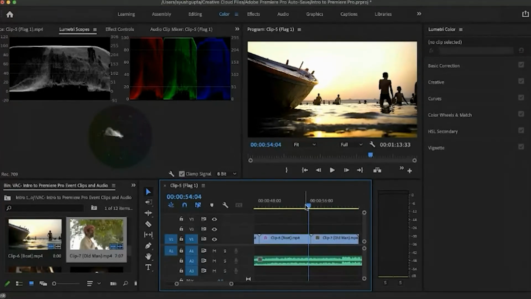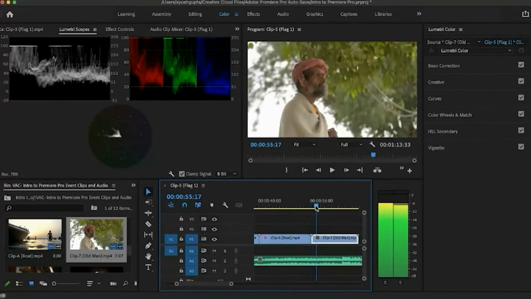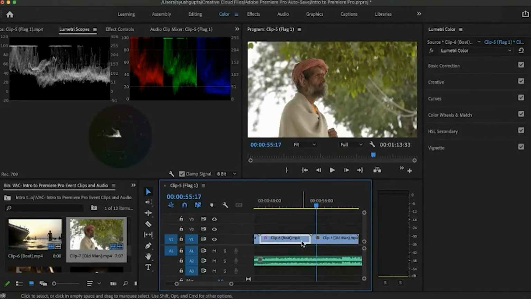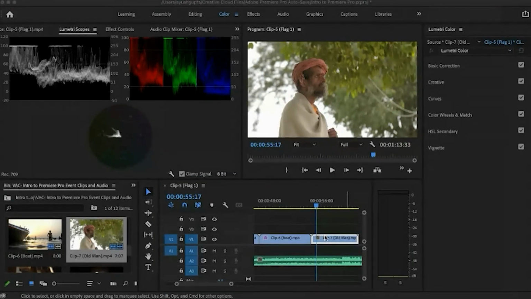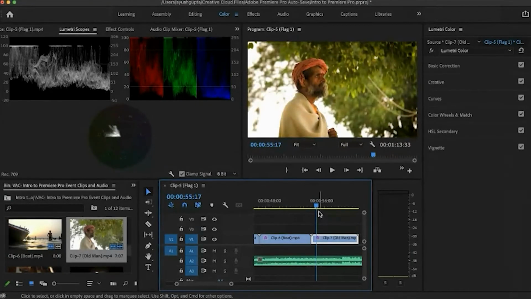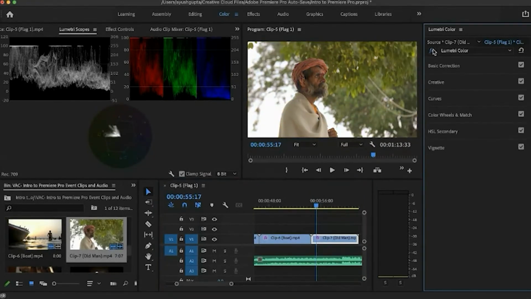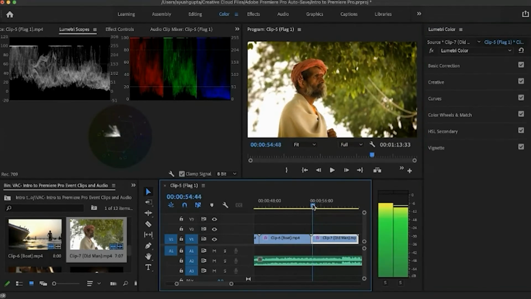Now we are free of it. We'll paste the color grading attributes in here too. We'll copy, select the second clip, and then paste the attributes. Enter. You can see the difference. This is the before and this is the after. This gives it a bit more cinematic look.